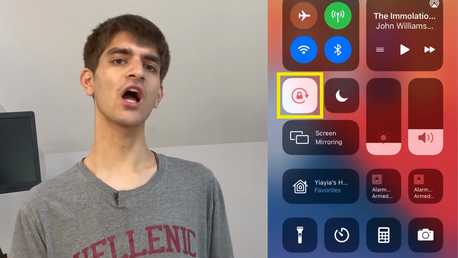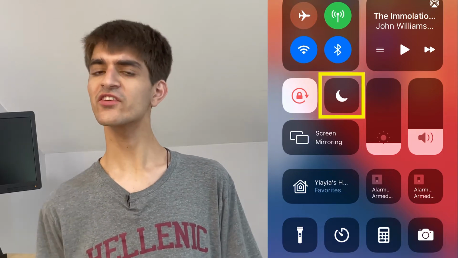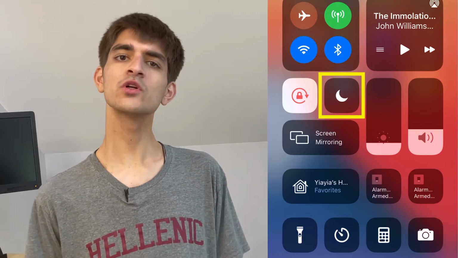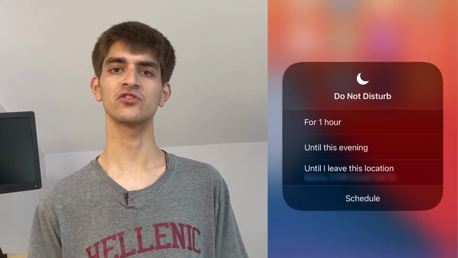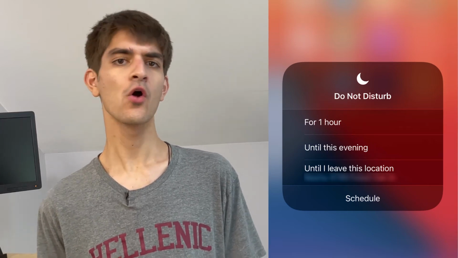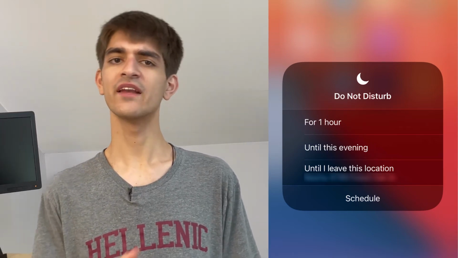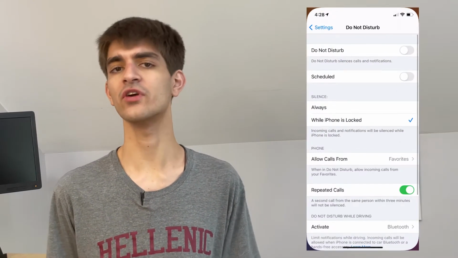The rotation lock will keep your screen from rotating when you spin your device around, and next to it is Do Not Disturb, which will silence incoming calls and notifications. Long pressing the control, you can choose how long you want Do Not Disturb to be enabled, whether only for an hour, until the next day, until you leave your current location, or put Do Not Disturb on a schedule